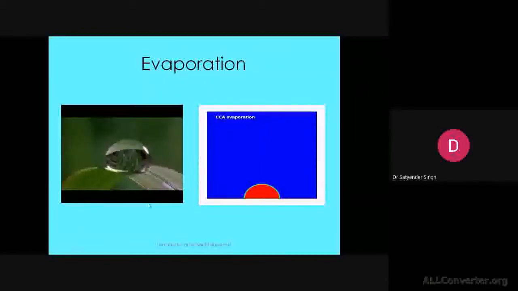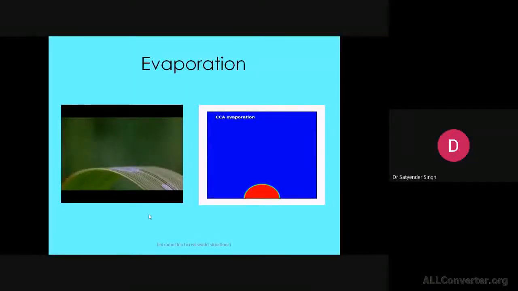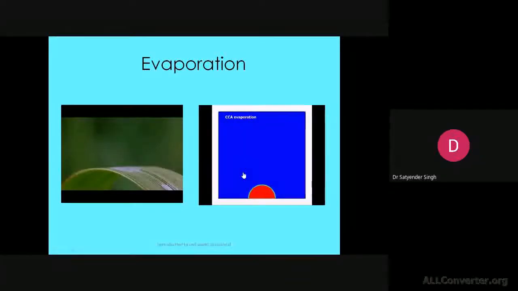If you observe, the droplet is evaporating on a leaf on which it was earlier resting. This animation has been created with the use of a high-speed camera, and we have to spend a lot of expenditure on the high-speed camera to capture this animation. And the same problem we can solve with CFD tools, and almost the same kind of animation can be created.